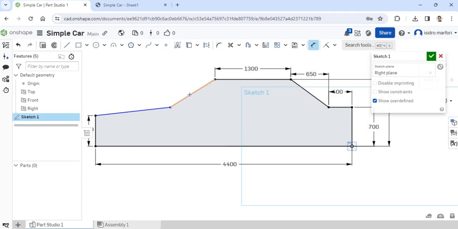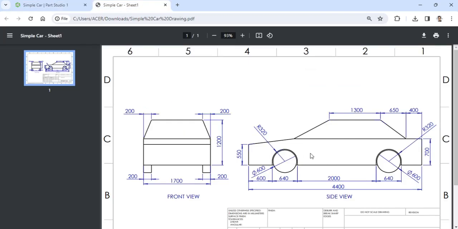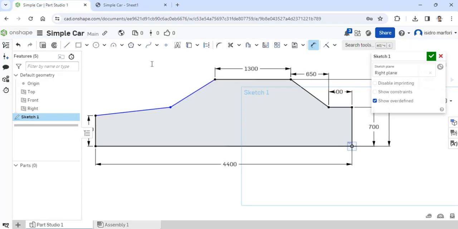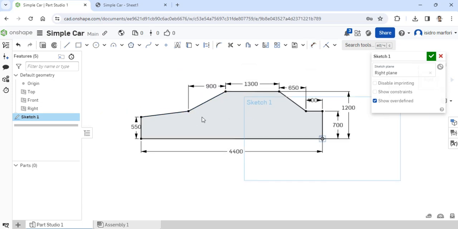I think the windshield should be, what else did we miss? 1,400, 1,300. So the hood, it's not specified, but then let's just set it whichever is more convenient. I'll probably go with around 900, just like that.